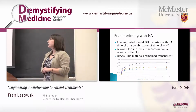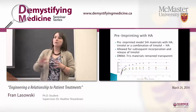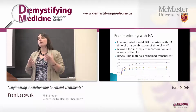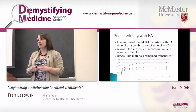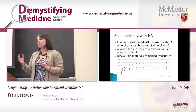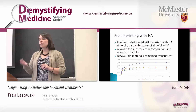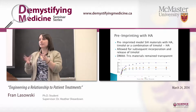And another way to do this is to make the materials with timolol, soak all the timolol out. The reason this is also important is because, as Heather mentioned, part of the problem with polymers is that you can have very small amounts of initiator or monomers left over that over time can cause toxicity. So we need to often soak these materials to get rid of any of those releasable agents. And if we're soaking them and we're getting out the drug and we're getting out all of these negative components,